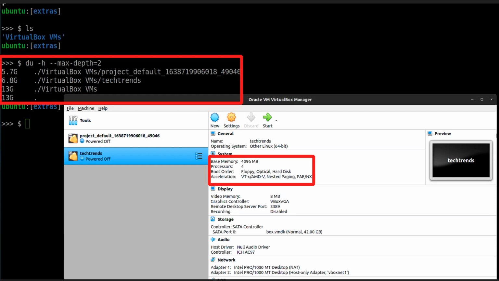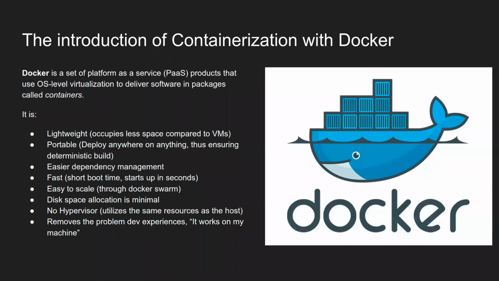So that's what then introduced the need for containerization. And for those who don't know, Docker is one of the leading containerization applications out there in the market. And if not, everyone uses it. I know for a fact Kubernetes dropped it a few years ago, but most people are using Docker and its other application products. So Docker is a set of platform as a service